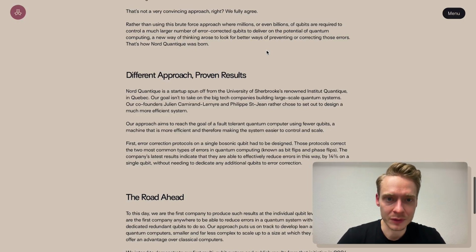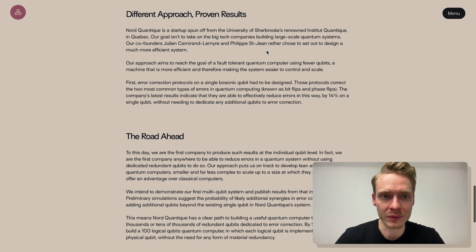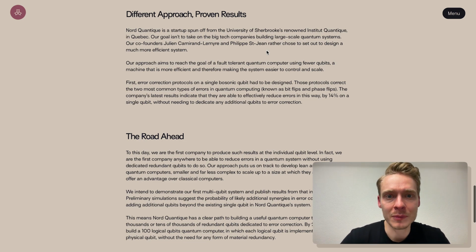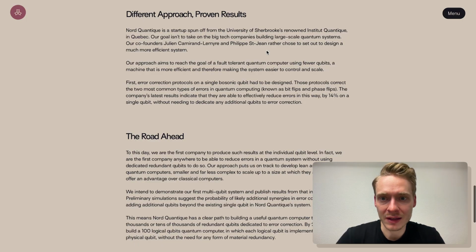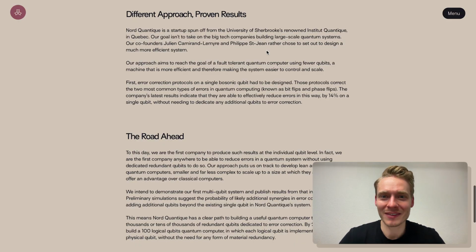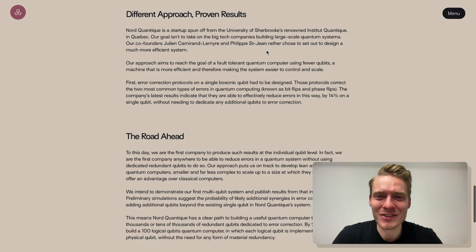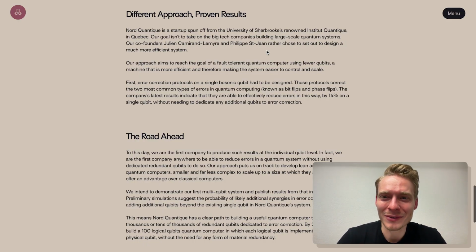That's how Quantique was born. A different approach, proven results. Quantique is a startup spun off from the University of Sherbrooke's renowned institute Quantique in Quebec. Our goal isn't to take on the big tech companies building large-scale quantum systems. Our co-founders, Julien Lemery and Philippe Saint-Jean, rather chose to set out to design a